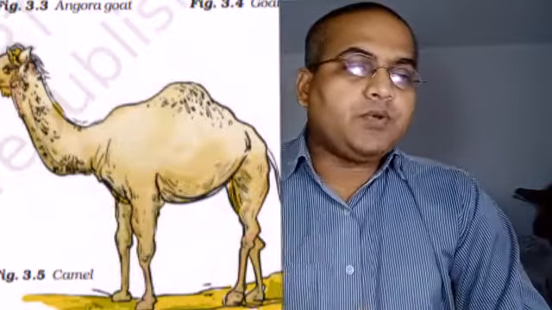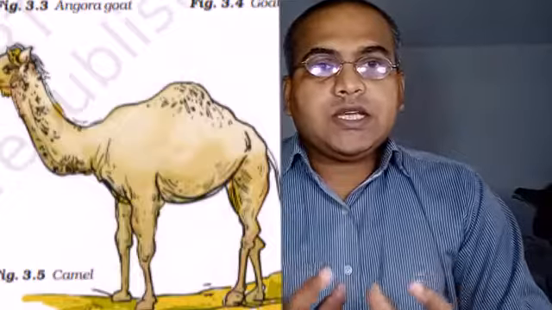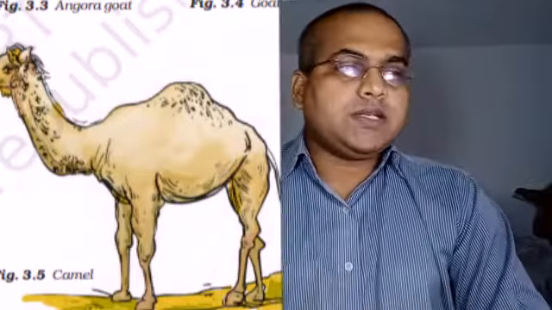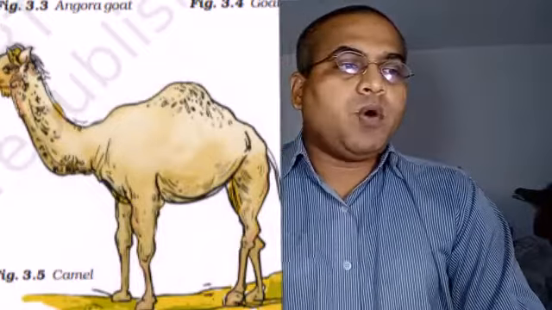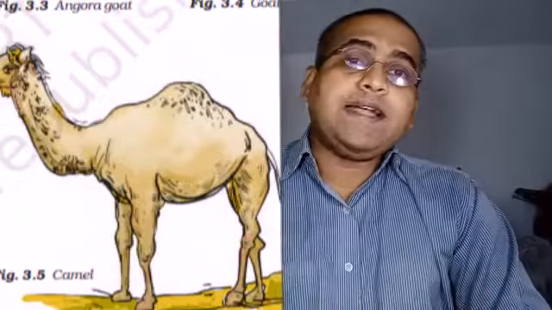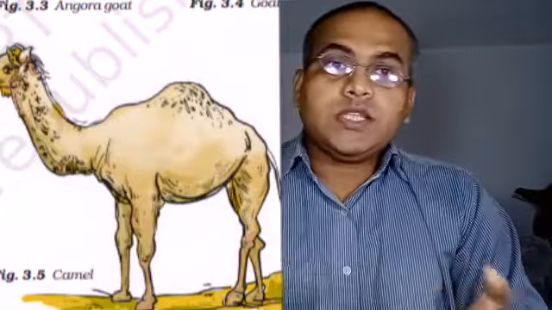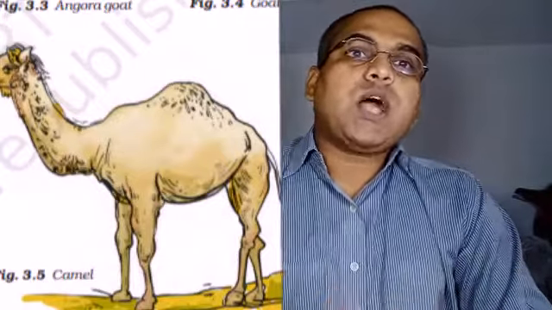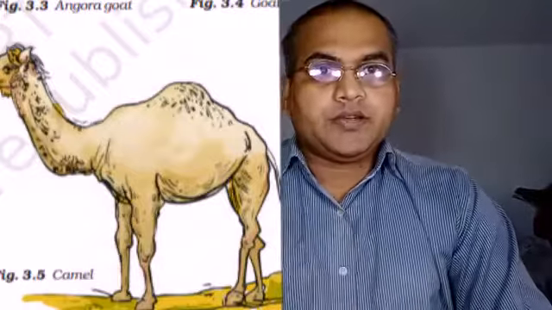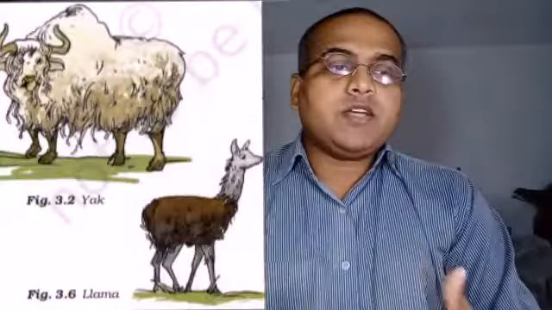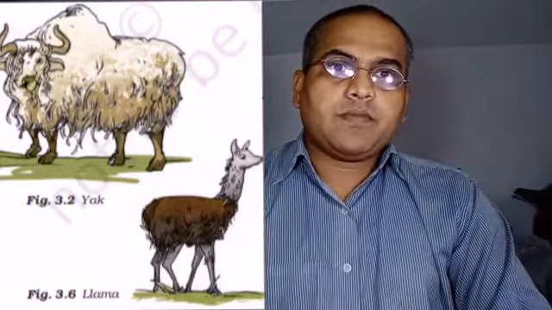Now we have to understand that certain breeds of sheep have a thick coat of hair on their body, which yields good quality of wool in large quantities. Remember, we had discussed selective breeding. So these wools are produced by the type of sheep which is produced after selective breeding.